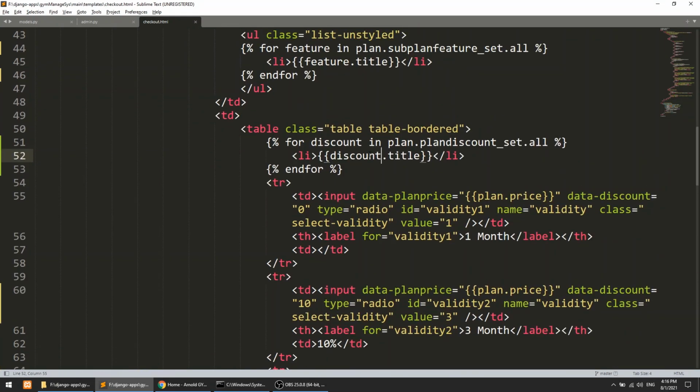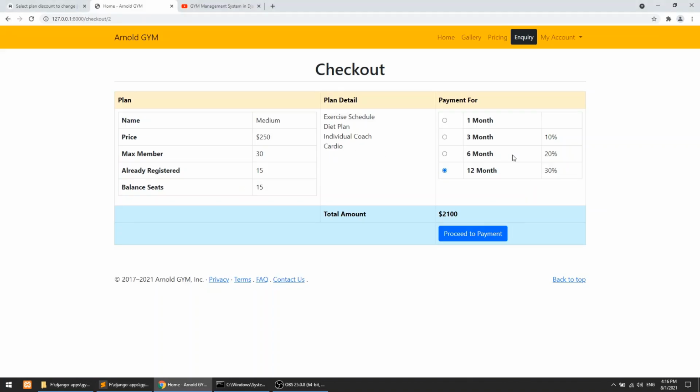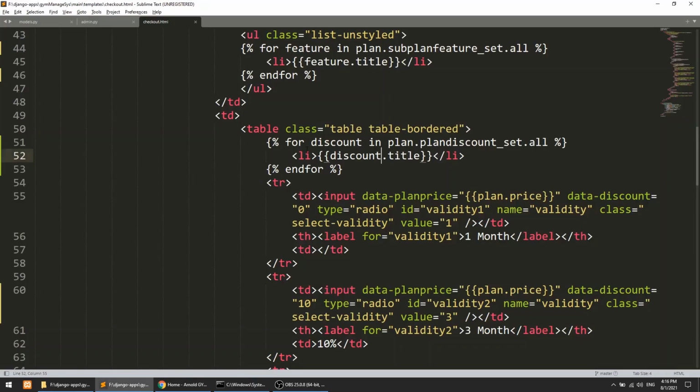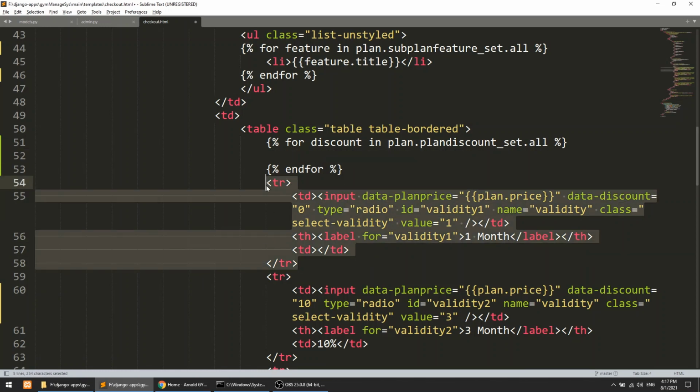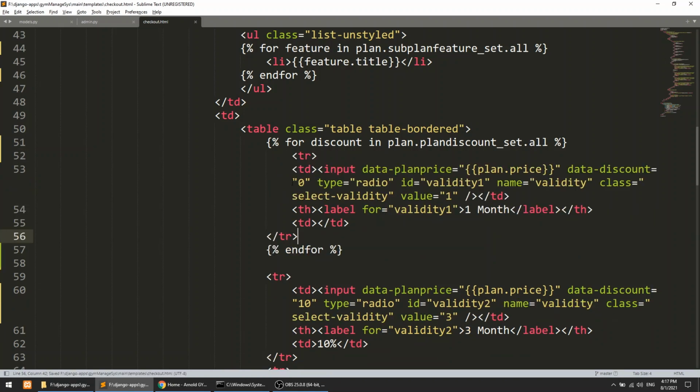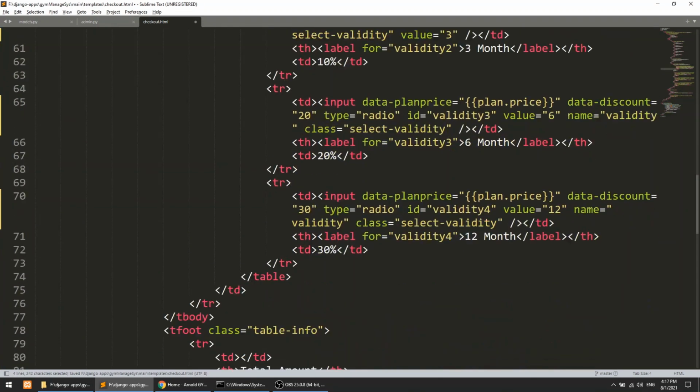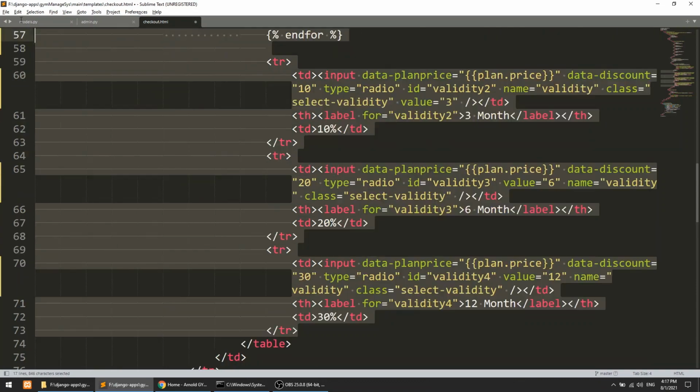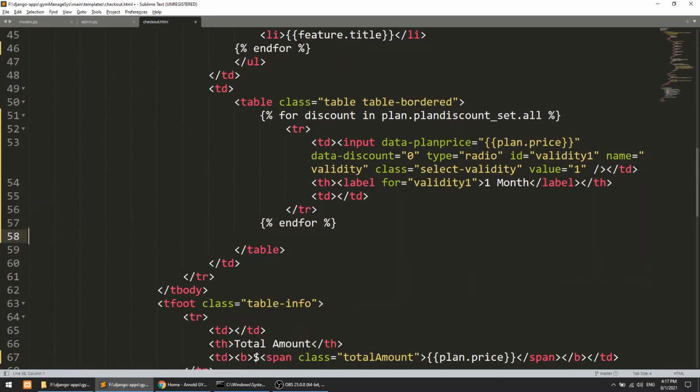And what we are going to show here, this is payment 4, so this tier should be in the for loop. Okay, and let's remove the other trs.